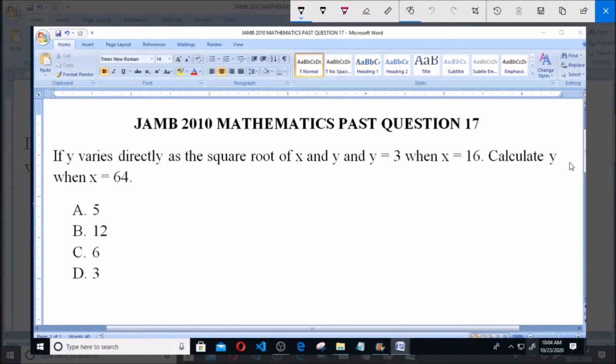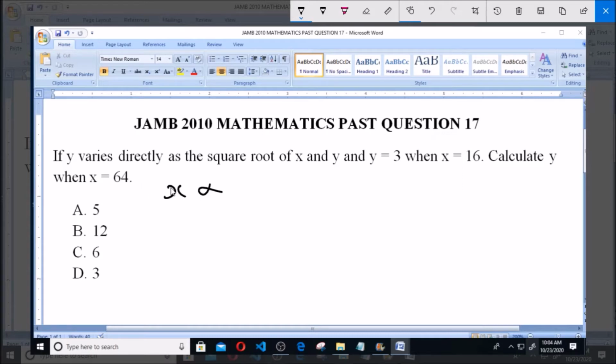I'll be answering JAMB 2010 Mathematics Past Question 17. If y varies directly as the square root of x, and y equals 3 when x equals 16, calculate y when x equals 64. Now the question is saying that